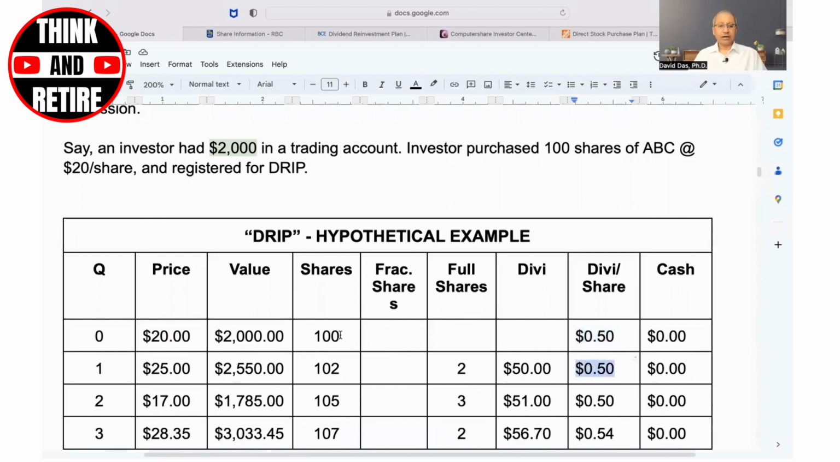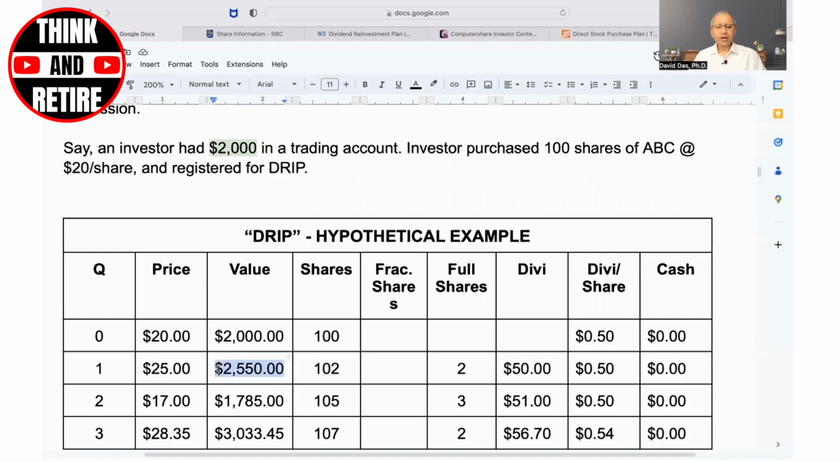Because the investor had 100 shares, 100 times 0.5 is $50 as the cash dividend. The price of the share has increased from 20 to 25. So with $50 as cash dividend, the investor will get 2 shares. So at the end of quarter 1, the investor will have 102 shares, which is 100 plus 2. And the value of the portfolio will be 102 times 25, which is